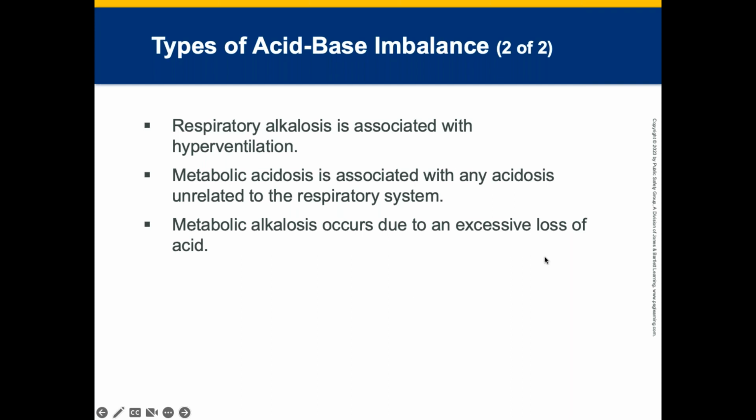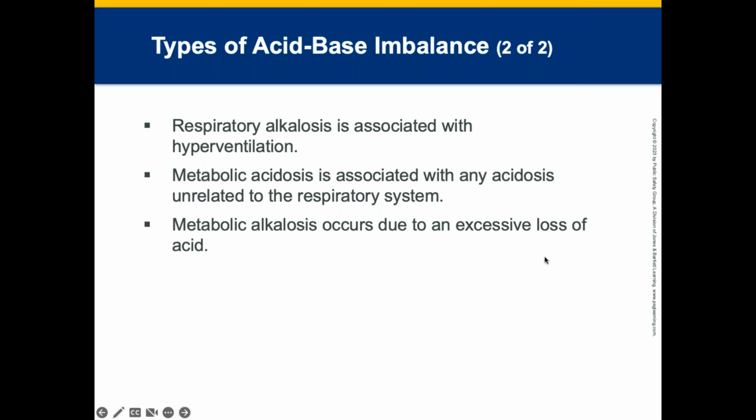Metabolic acidosis is any acidosis unrelated to the respiratory system. Causes would include lactic acidosis, ketoacidosis, aspirin overdose, excessive alcohol ingestion, so alcoholic ketoacidosis, gastrointestinal losses, carbon monoxide poisoning. Signs and symptoms would be vasodilation, CNS suppression, headaches, warm flushed skin, tachypnea, nausea, vomiting, cardiac dysrhythmias. Right? That's metabolic acidosis.